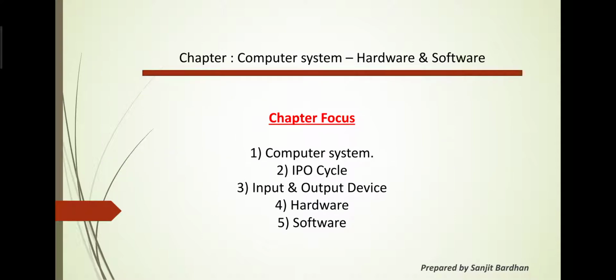Here is the first chapter, based on your computer system, hardware and software. In this chapter we have to focus on the different parts: number 1 computer system, number 2 IPO cycle, number 3 input device, number 4 hardware and number 5 software. Now I am going to discuss the first 4 topics shown on the screen with all of you. So move on to the first topic,